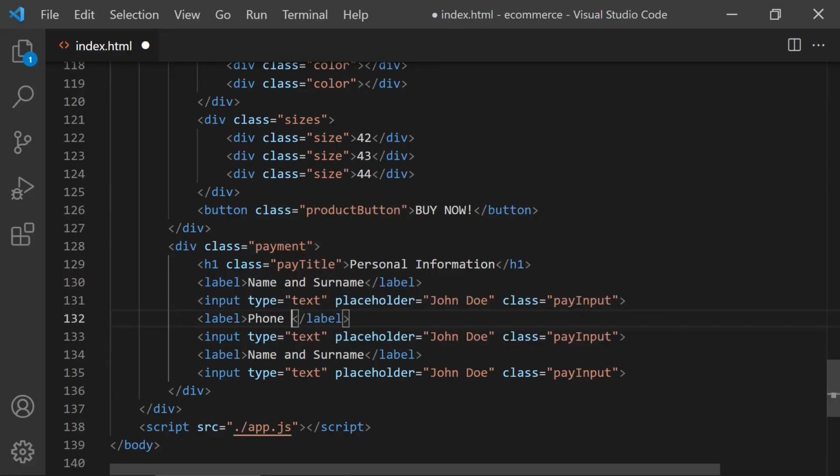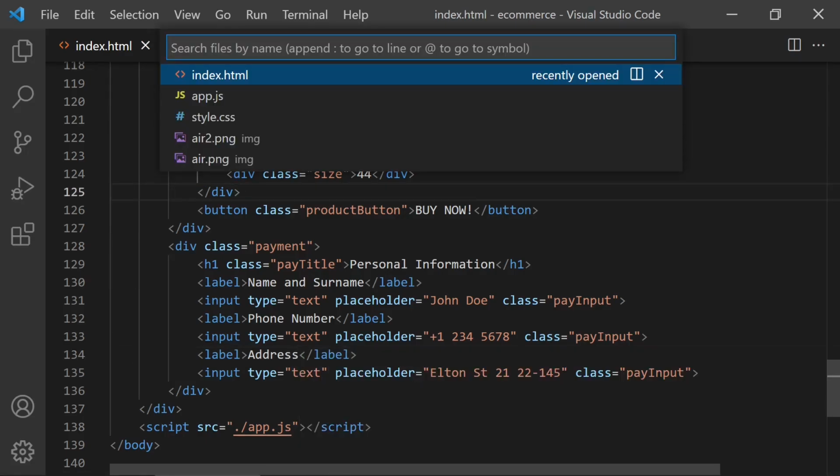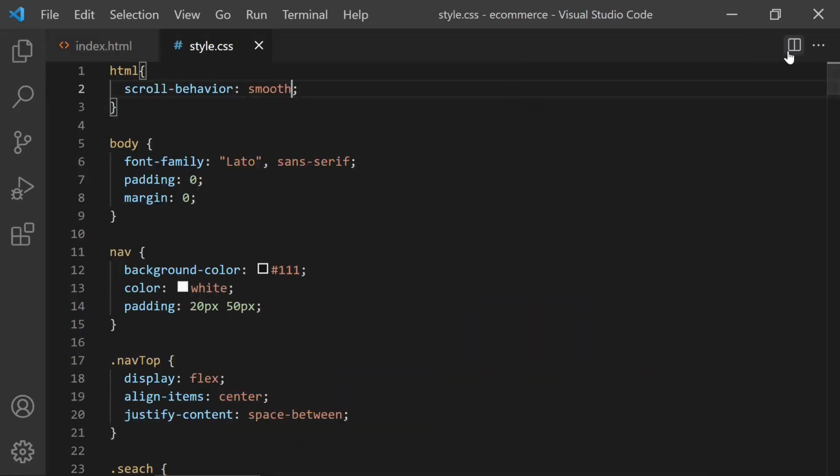Let's say phone number and a random number here and address. Something like that. Let's change this label. Okay, let's open style file,